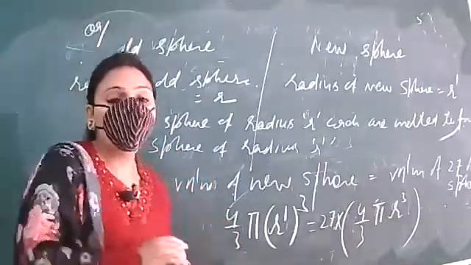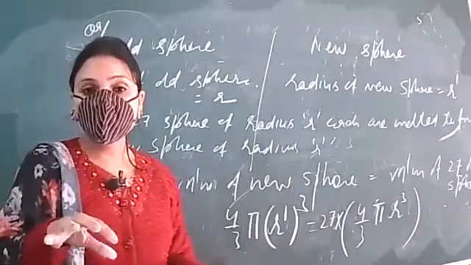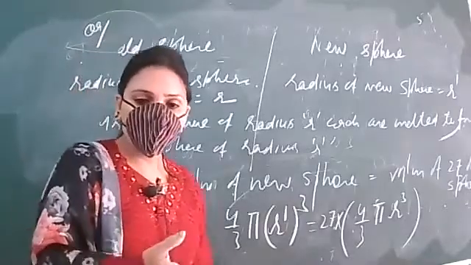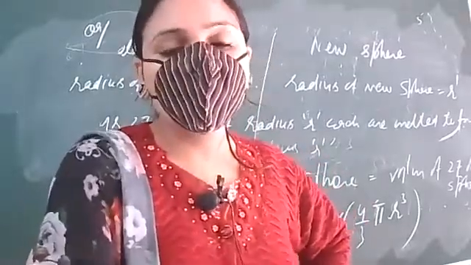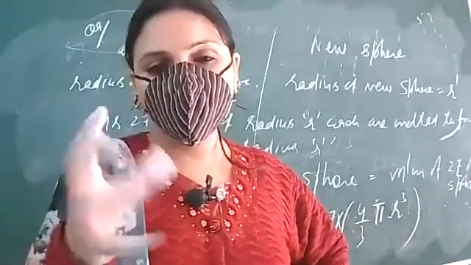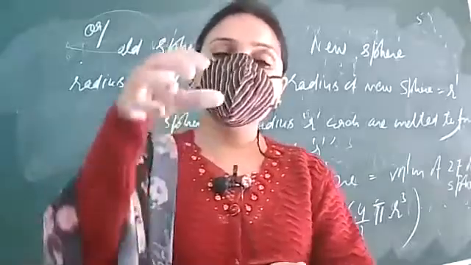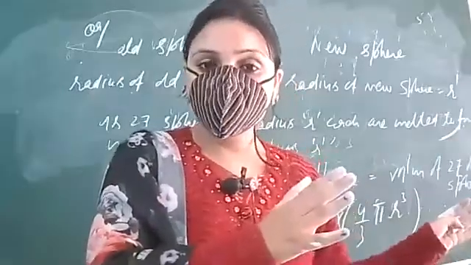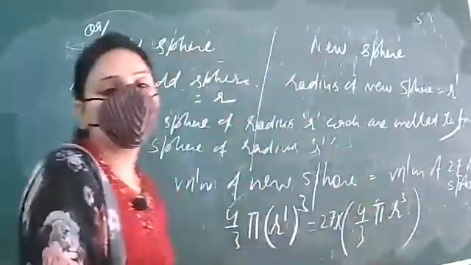So remember, whenever something is melted to form another, then after getting the new object, the volume will remain the same. जैसे अभी अभी दिवाली निकली है, so this was our childhood memory: whatever wax we were getting after the candles were made, we used that wax to fill the diyas. So the volume of the candle will be equal to the volume of the diyas that we have filled. Same concept we are using here.